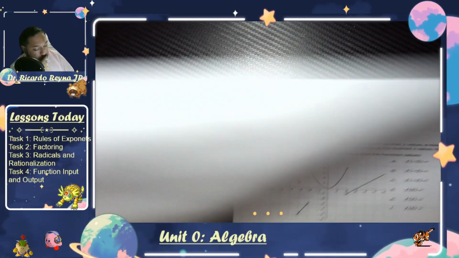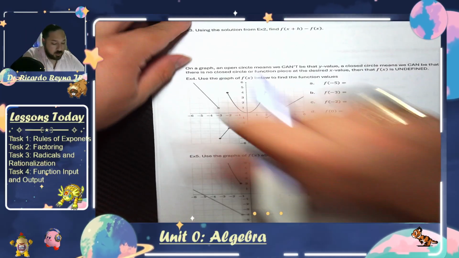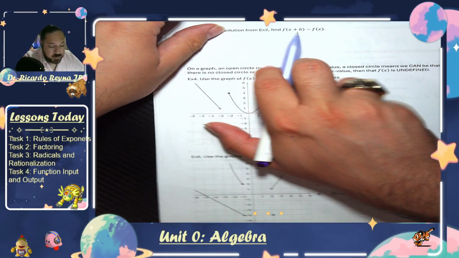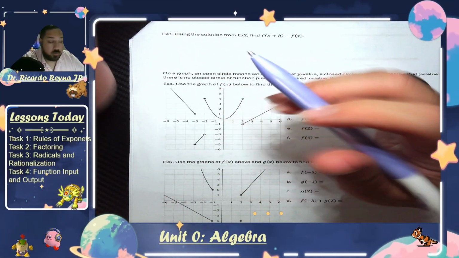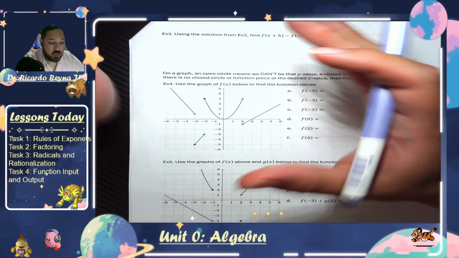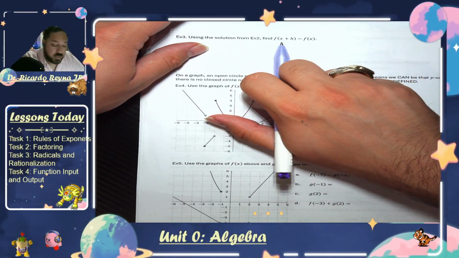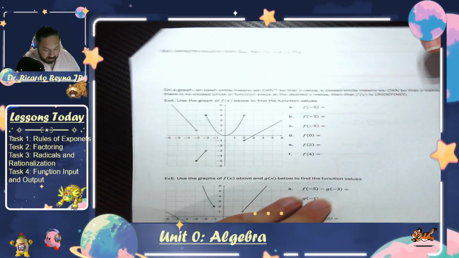The last one now is use the solution from example 2 to find f of x plus h minus f of x. Now we're going to see this a lot, where we're going to have to manipulate these expressions within these notations. So keep in mind we define f of x plus h as